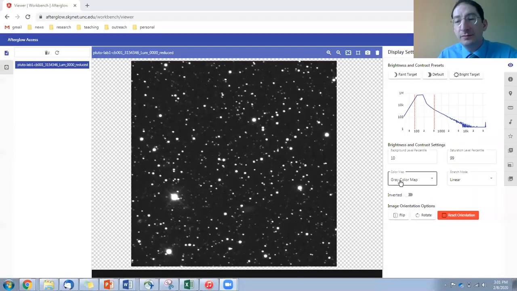All right, in this video, I'm going to show you how to find a dwarf planet in one of your images. I'll share my screen. Okay, so we're in Afterglow, and I've already loaded up an image, and somewhere in this image is the dwarf